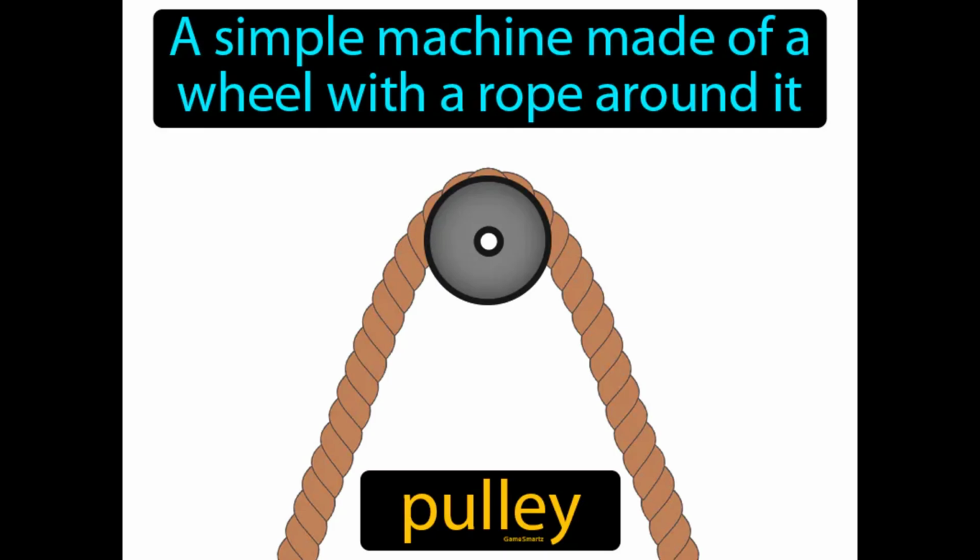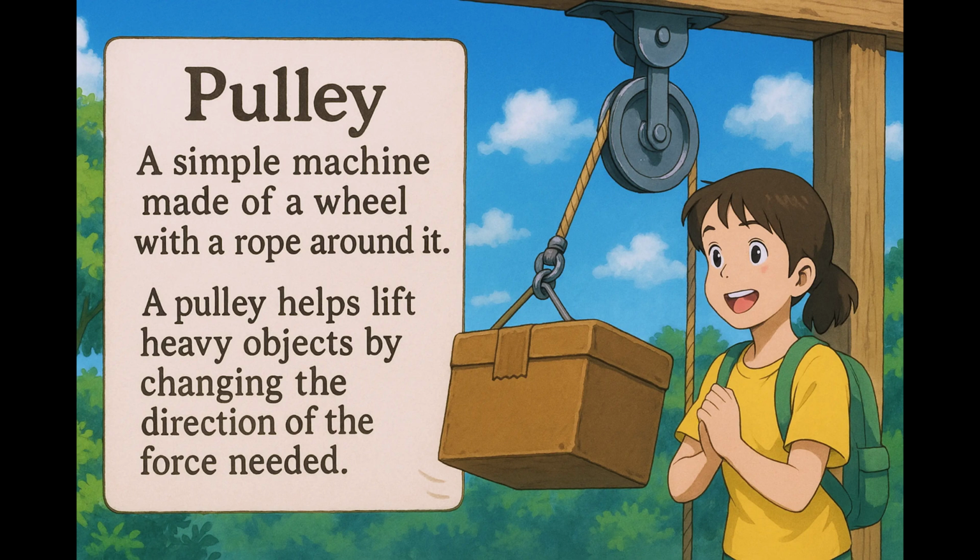A simple machine made of a wheel with a rope around it. Pulley. A pulley helps lift heavy objects by changing the direction of the force needed. Imagine trying to lift a heavy box onto a high shelf by yourself. Just like asking a friend to help you lift the box makes the task easier, a pulley uses a wheel